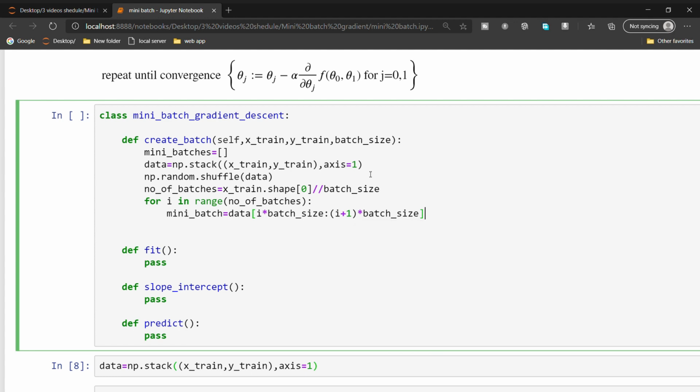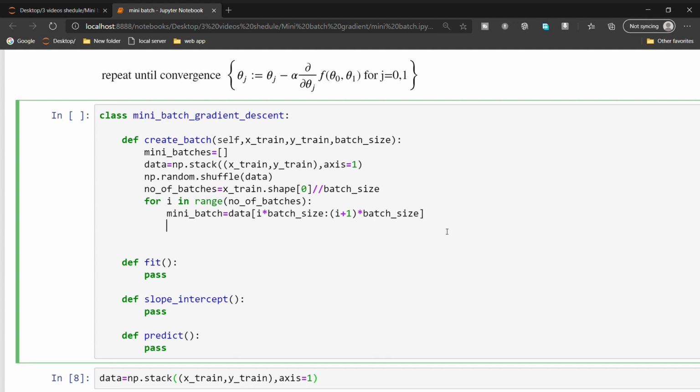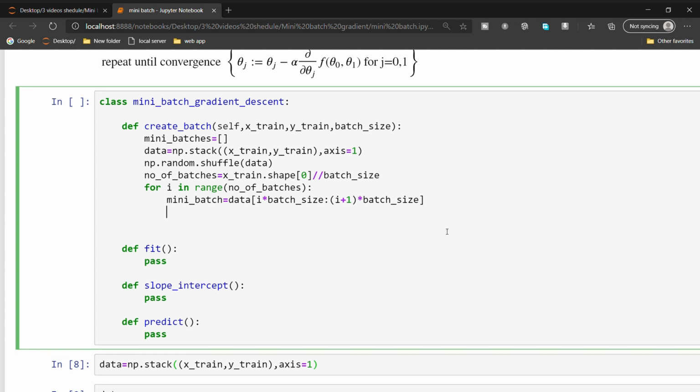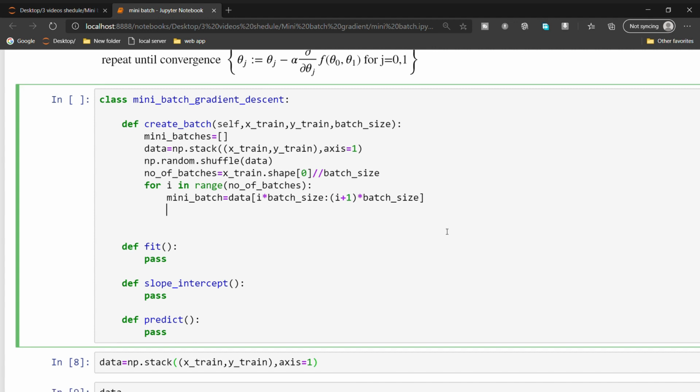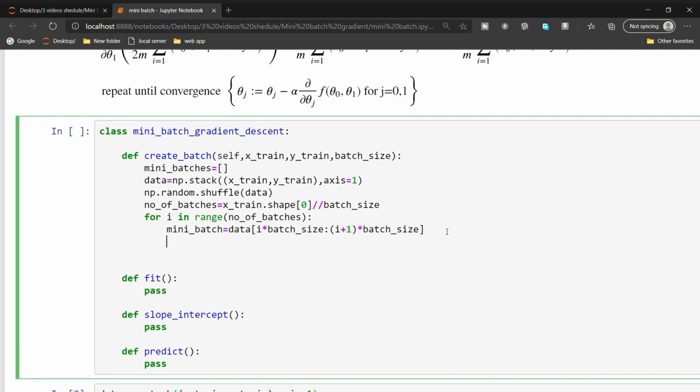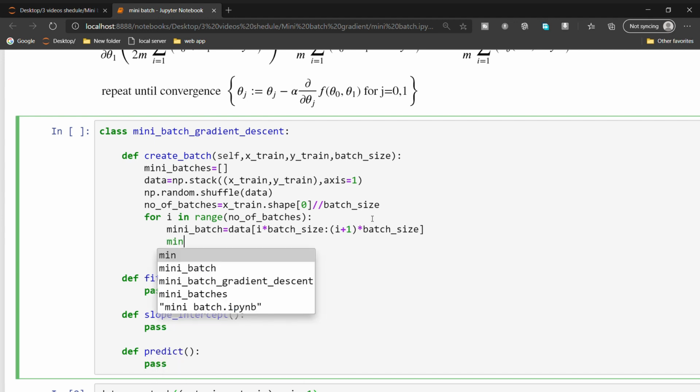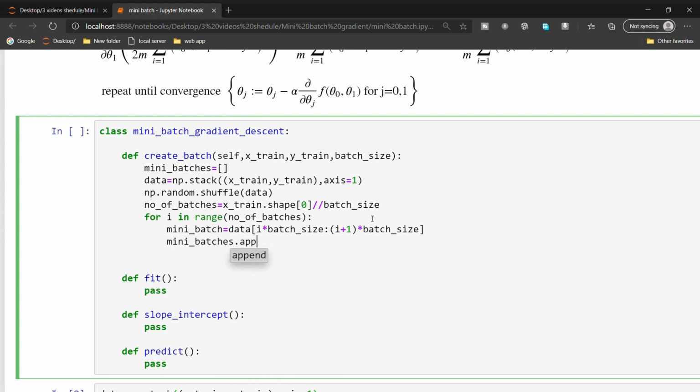For example, take a simple number, batch size is 4. Here I start from 0. So 0 into 4 is 0, and i plus 1 means 1, 1 into 4 is 4. That means 0 to 4. It takes the first 4 instances from the data, and we make that one batch. Now we need to append this batch into mini batches. Mini batches dot append.